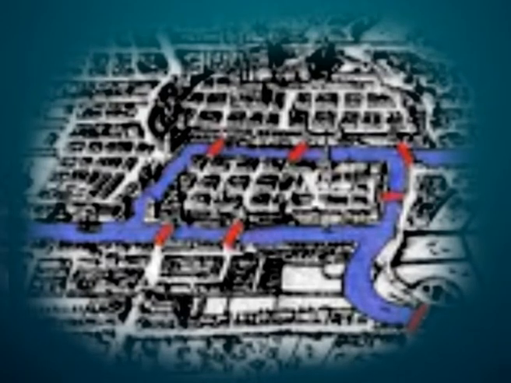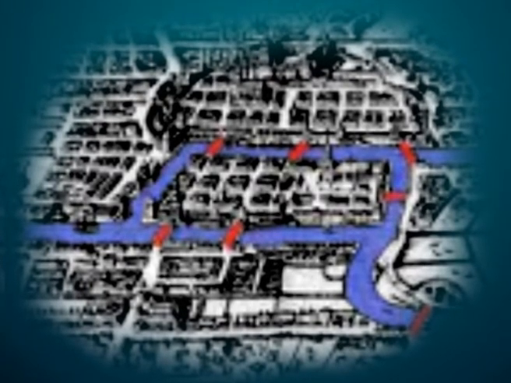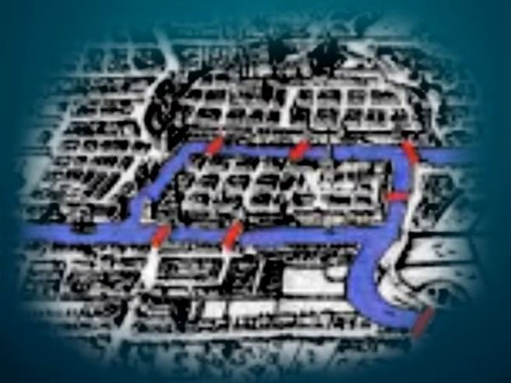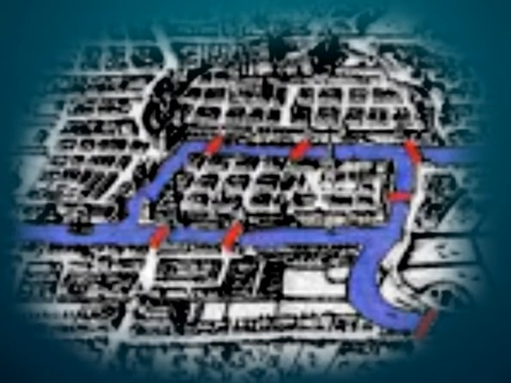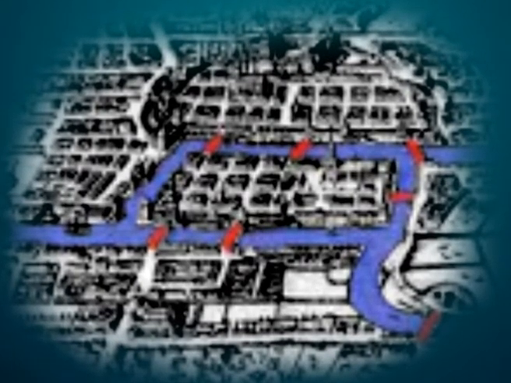In the village Konigsberg, there flows a river and there are 7 bridges across it connecting the 4 land portions as shown in the picture. The problem was to start from any one of the land portions and to return to the starting point by walking exactly once over each bridge.